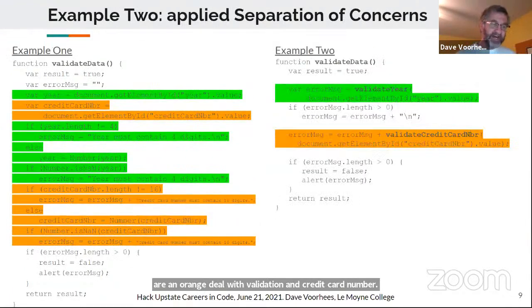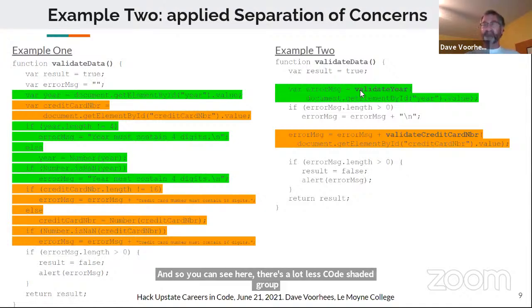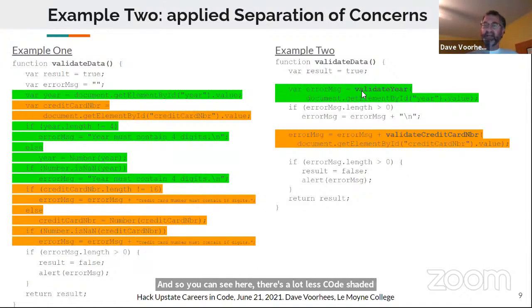So on the left, I have the original validate data from example 1. On the right, I have my rewritten validate data, which is my second example. And so you can see here, there's a lot less code shaded green in example 2 that's dealing with validating year. Similarly, validating credit card number, a lot less code in the validate data function.